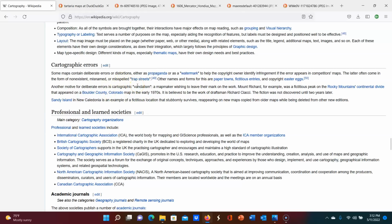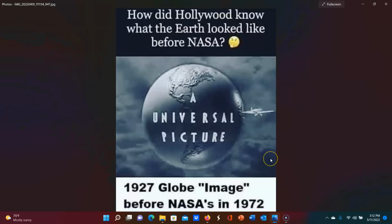Other names and forms for this are paper towns, fictitious entries, and copyright Easter eggs. Another motive for deliberate errors is cartographic vandalism, a map maker wishing to leave their mark on the work. And then it just gives some examples of where this happened. So when we especially look at deliberate errors and propaganda, I'm going to wager that it is a very good chance that, since we know that Hollywood is part of the one world propaganda order, this was propaganda, just as